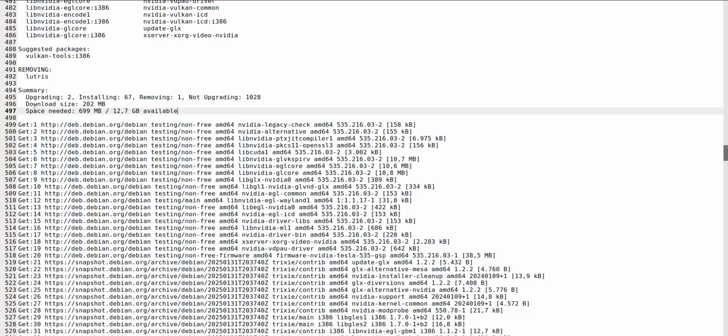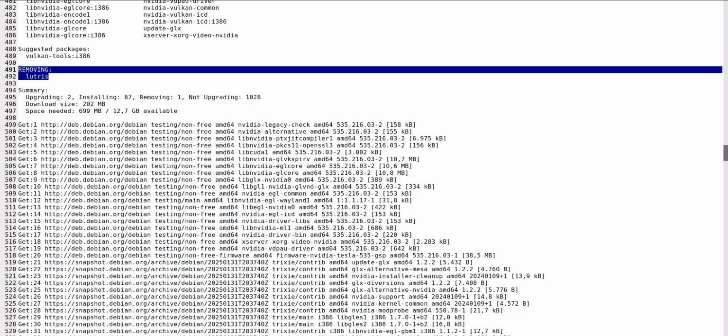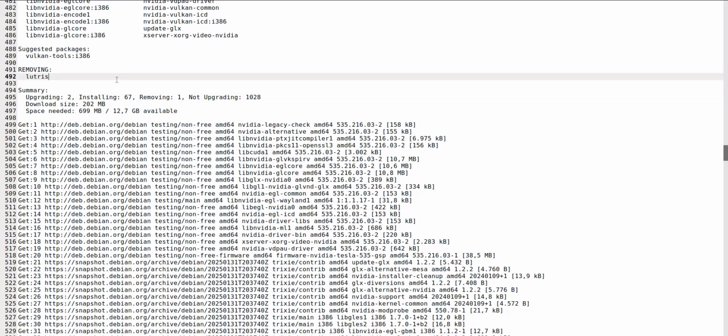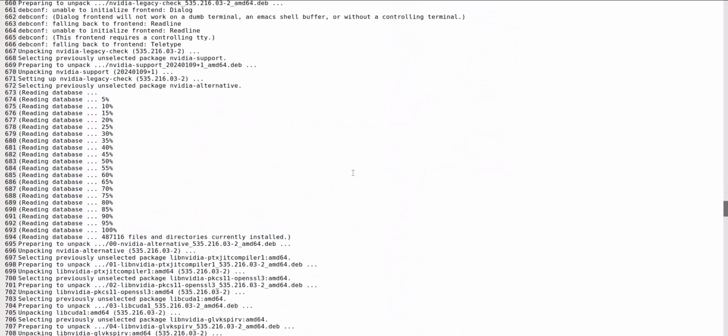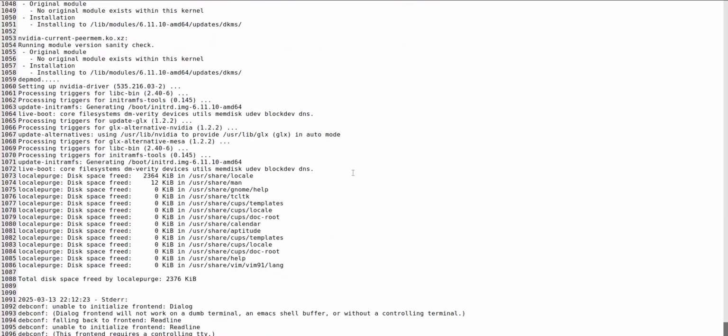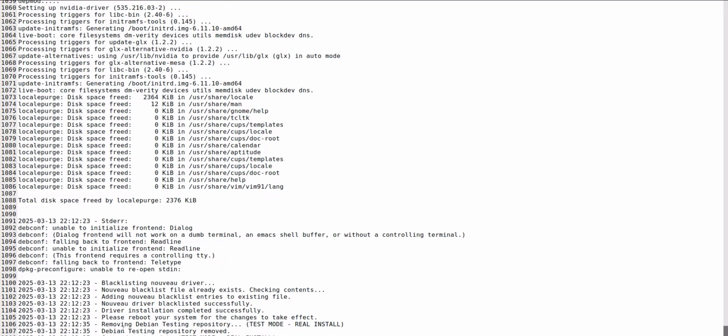And then I need to see why it did that. Most likely there was a conflicting package. No matter, I'll have a look at that. Summary: upgrading 2, installing 67, removing 1, not upgrading 1028, that's system updates. Download size, and then it finishes off at the bottom there, and it gives me a